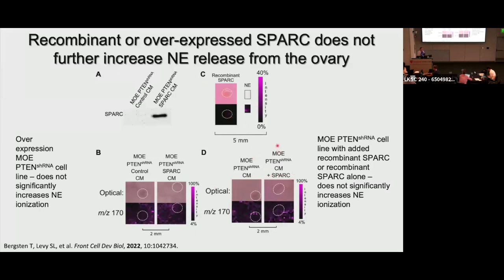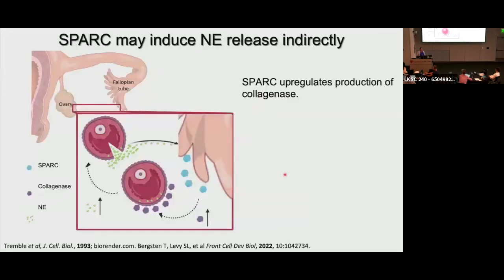So we think it's probably Spark working in combination with something else in the media. And then when we took the conditioned media and the recombinant Spark alone, that also did not do anything. So we're also not sure that the recombinant Spark, it may also require a PTM that we're not able to measure. But nevertheless, we're pretty excited to kind of fill this picture in, that these tumorigenic fallopian tubes